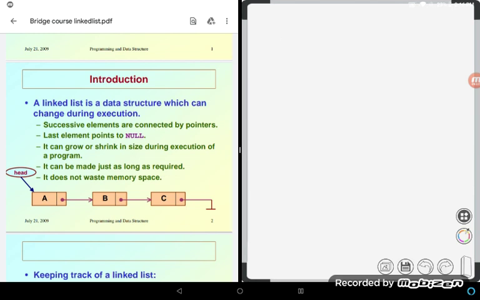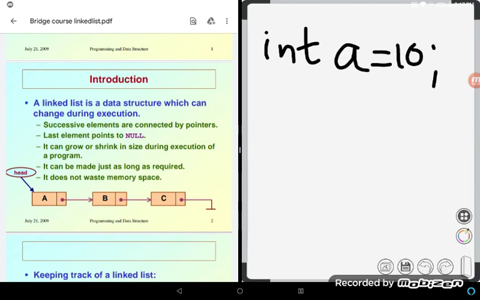For simplicity, consider a variable declaration like this: int a = 10. What does this statement do? This statement instructs the compiler to allocate a location for the integer variable a and assign the value 10 in that location.